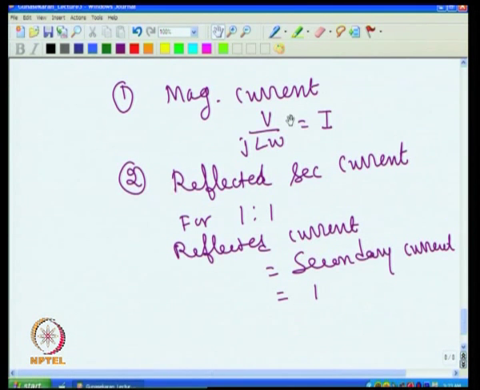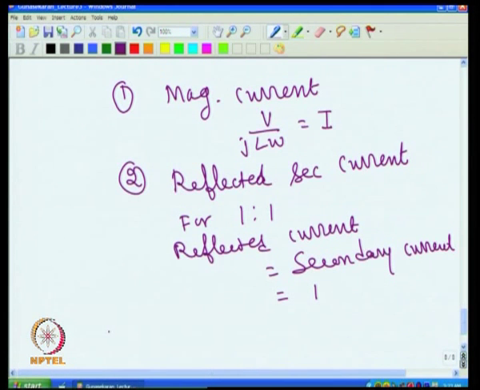So in this case, in designing this transformer, I have to see that the primary turns can take at least 1 ampere plus this 0.1 ampere. Neglecting the 0.1, the primary wires must be able to carry 1 ampere. Of course, the secondary wire also has to carry 1 ampere, because it is a 1:1 transformer. So I have to select the thickness of the wire corresponding to 1 ampere.